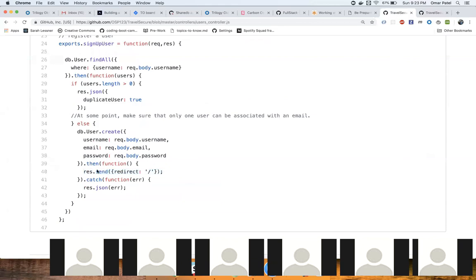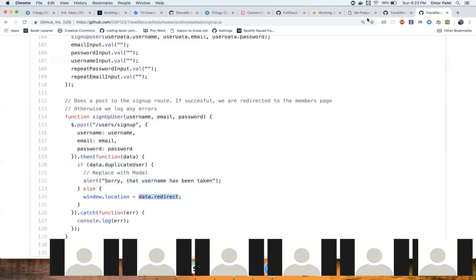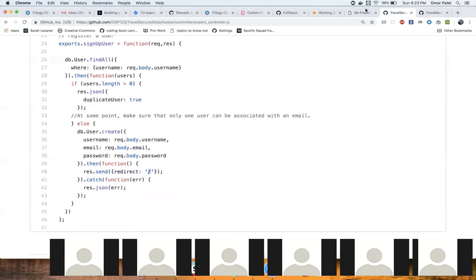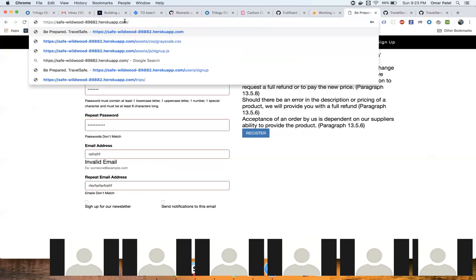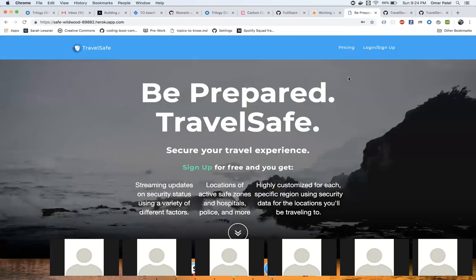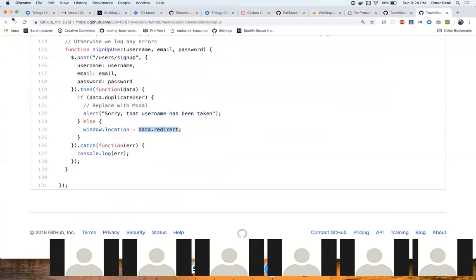So I handled it using this. My window.location is being sent to root, which is just the root of my location. Instead of going to wherever I was, it's going to go back to the domain. So instead of being at user/signup, it's just going to go here. It's going to go to root. So now we're registered. Another thing I did because I'm lazy, and you guys can refactor this application if you want to make it nicer and less lazy,